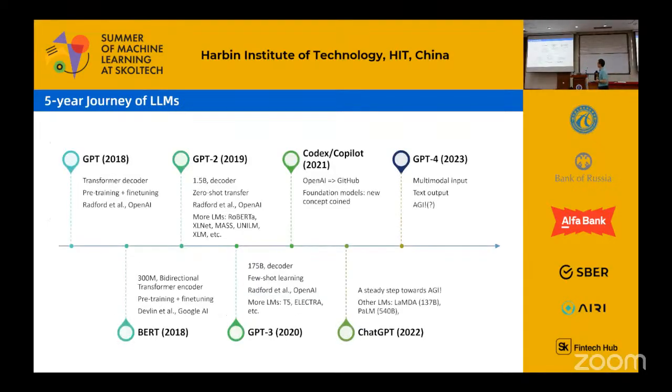Okay, if there are no questions, we'll move to this 5-year journey of LLMs. I won't count from GPT-1 to GPT-4. GPT-1 was first published in early 2018. It's purely based on the transformer decoder. I believe you know the transformer structure, encoder and decoder. GPT is focused on next token prediction. It's just a transformer decoder.